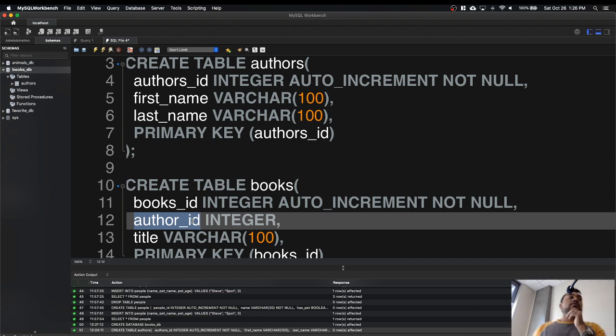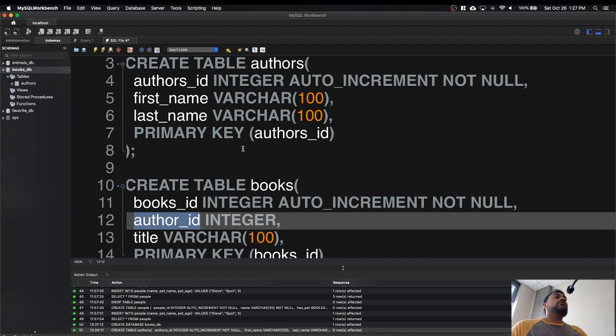Now in this example we will have to manually insert. For example, if I create an author, it will be created with an author ID of 1, and I create another author, it will be created with an author ID of 2. Now if I want to insert a book that belongs to the author whose ID is 1, I will have to manually say insert into books values blah blah blah, author ID is equal to 1 or 2. Okay, for our example this is okay, but